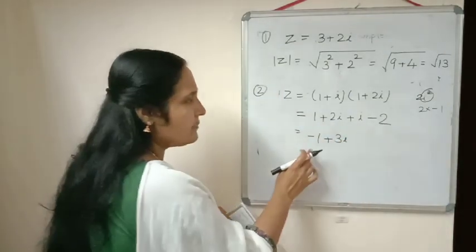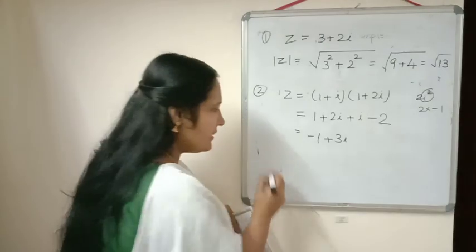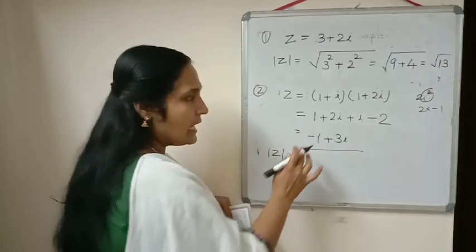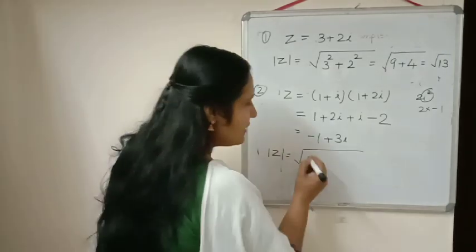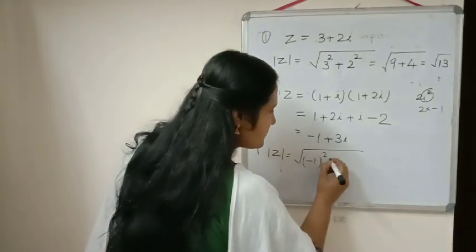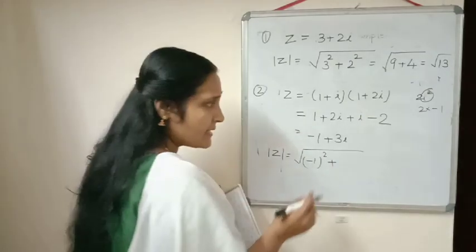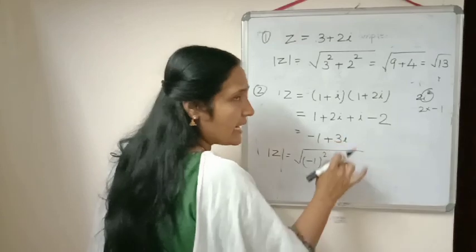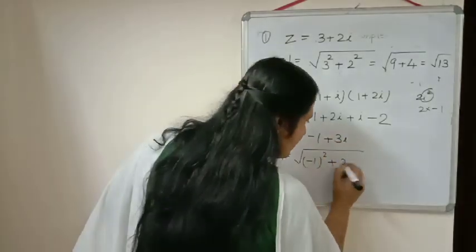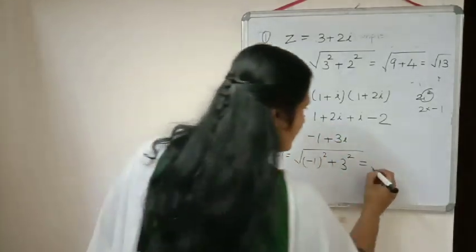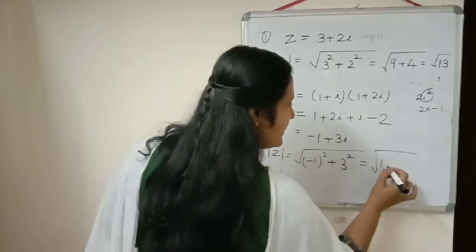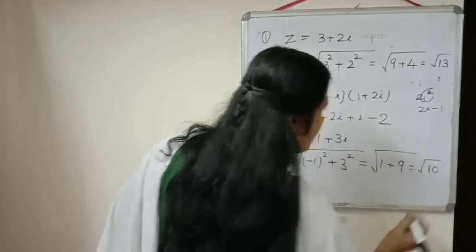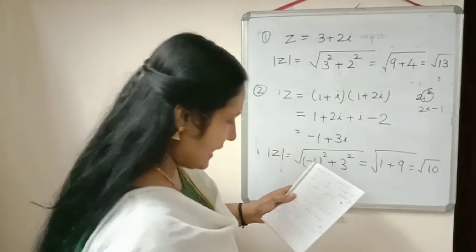Okay. Now 1 minus 2 will be equal to minus 1, plus 2i plus i will be 3i. So we are getting here minus 1 plus 3i. Now write down mod z is equal to, according to the formula, real part the whole square. Our real part is minus 1. So minus 1 the whole square plus imaginary part, only the coefficient of i. Don't write that i there. So it will be equal to 3 square. And minus 1 the whole square is 1 plus 3 square is 9. So its modulus will be equal to square root of 10.